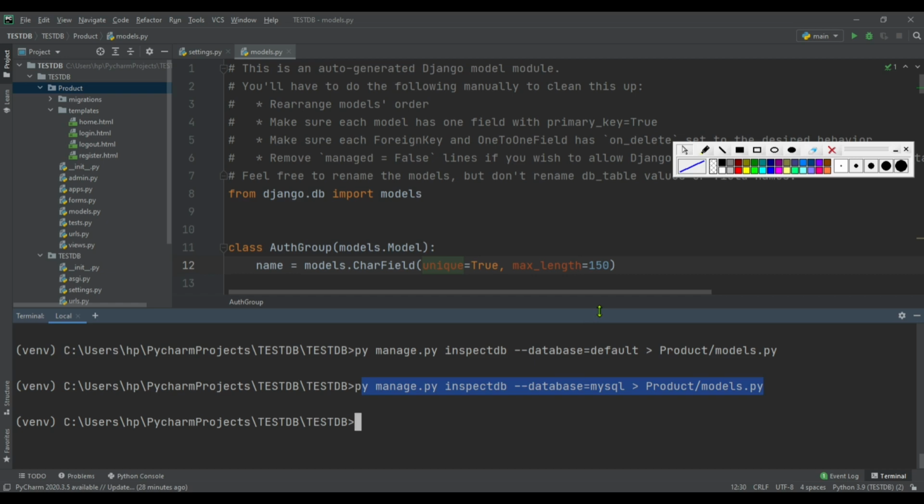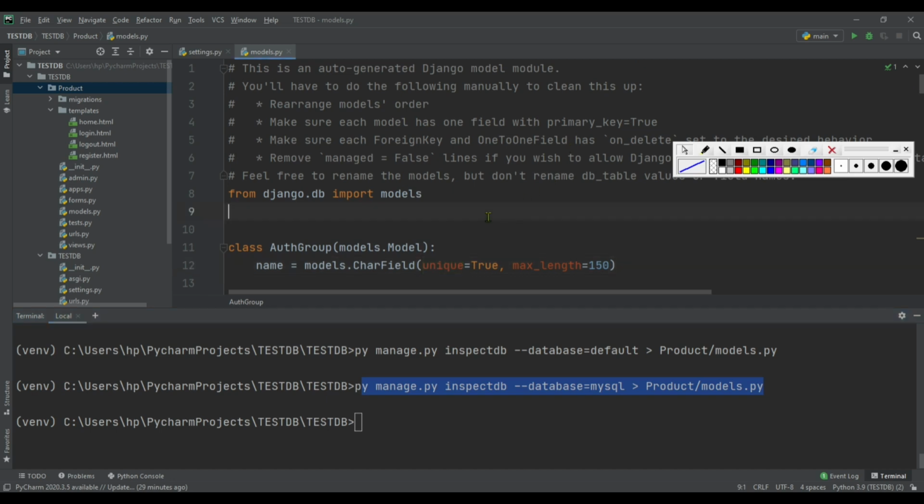So for this problem, there are two solutions. First, we can import tables from one database and then we can copy to a separate file. Then import tables from the second database and paste the previously created tables along with these existing tables. So let's check this practically.